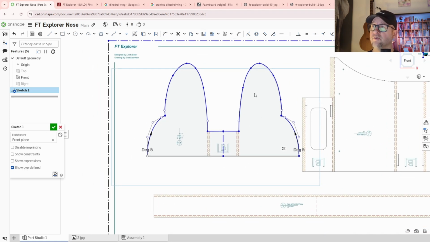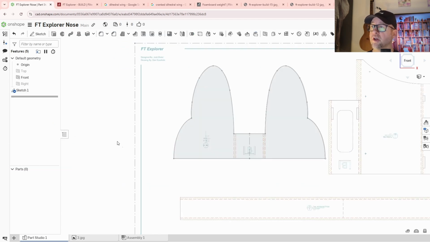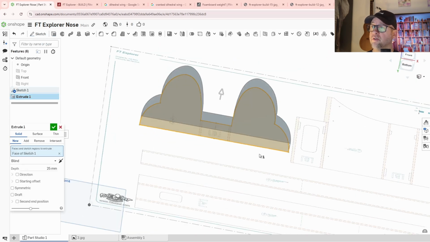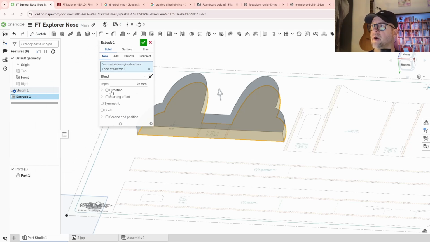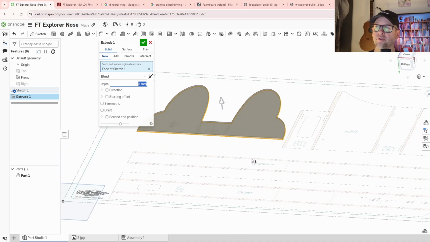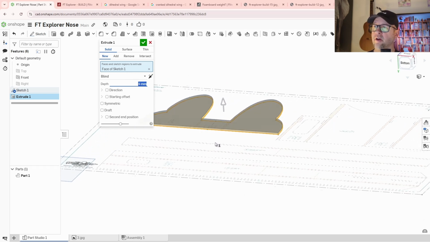Okay, now we have to extrude this shape. All right, so we will actually finish the sketch. So green check, and now I can go to my extrusions, and then I can grab this and start extruding it. So I still haven't decided how thick to make this. My guess is 3 millimeters. Let's try that. Okay, I think foam board is 5 millimeters thick, so 3 millimeters I think would be sufficient. Let's make it 4 actually. 4, and then